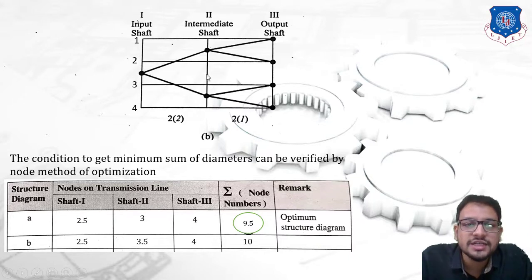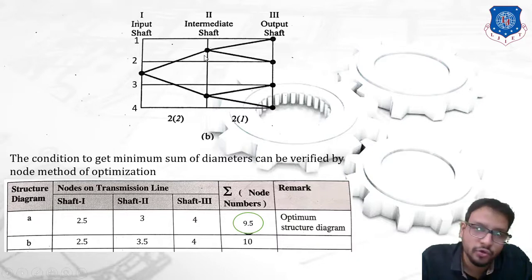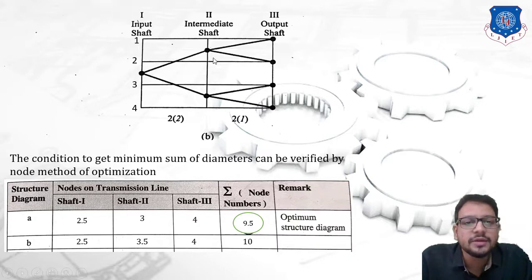Now at how much distance do we need to keep this line? We would say at a distance of 2 units. You can clearly see that with respect to this median, this would be 1 unit, and with respect to this median, this would be a second unit. So in total, 2 units have been placed. Now we have arrived at the intermediate shaft. From this shaft, in the second stage, how many speed steps are available? 2 speed steps are available, but at what adjacent distance? At a distance of 1 unit.